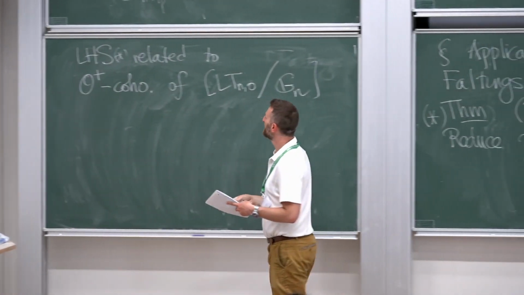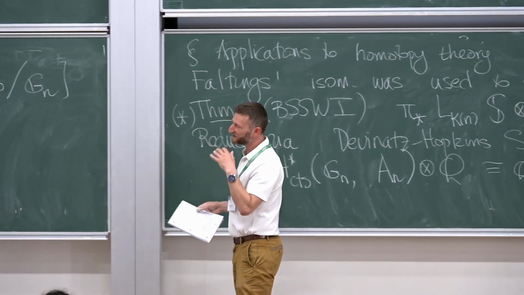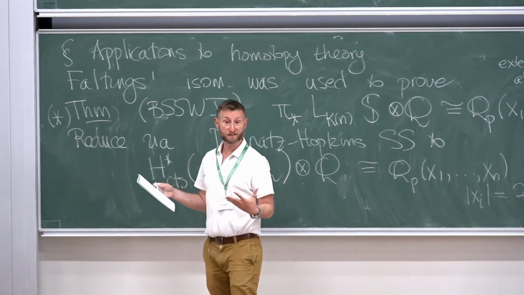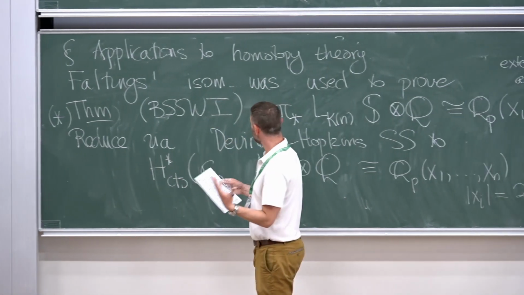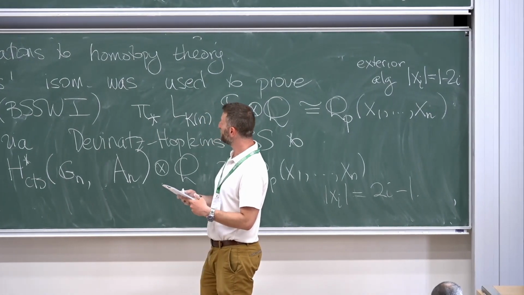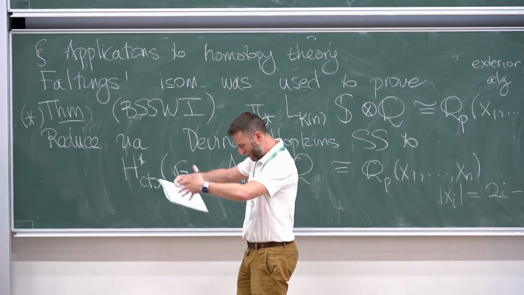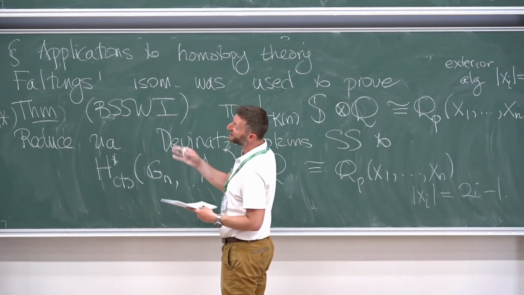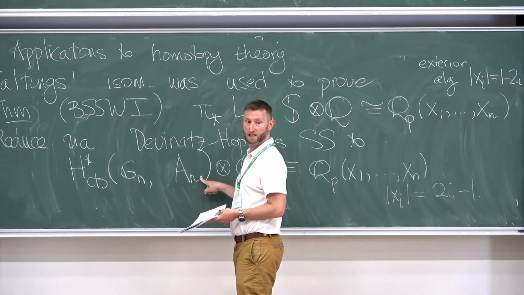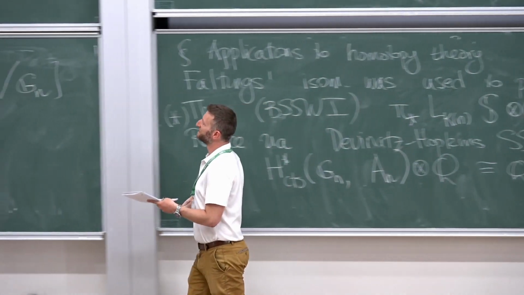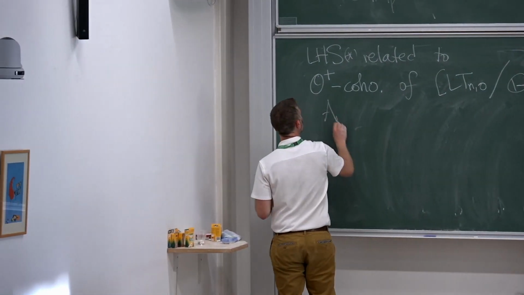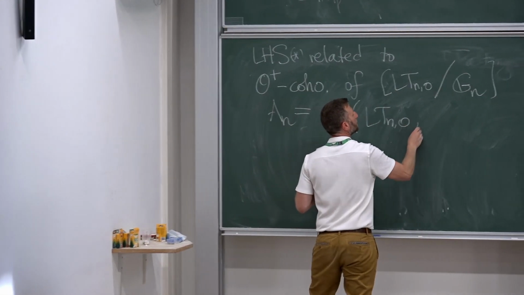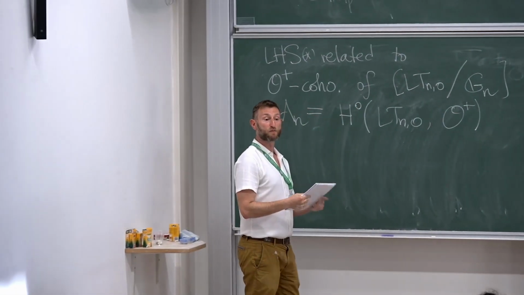How about that? So remember that adic spaces, they have a structure sheaf O. They also have a subsheaf of integral functions, or functions bounded by 1. That makes a big difference. So on the open unit ball, there's many more O functions than there are O plus functions. The O plus functions on the space LTN0 just produces AN again. So we're using the fact, I'll just write it here, that AN appears pretty naturally as the global sections of O plus on this open unit ball.